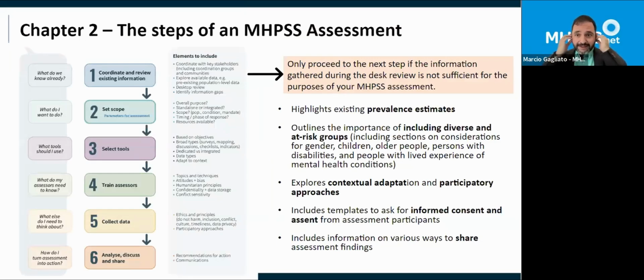Here, chapter 2 is, I would say, perhaps 15 pages. This part of the document is a large portion of the document, larger than the last chapter, which is more like annexes. But if we divide out a theoretical part, this is the biggest part of the document, which really tries to explore the different steps for conducting an MHPSS assessment. Which starts by